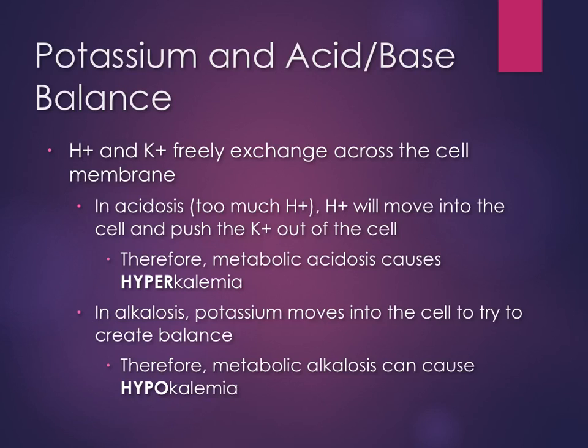Potassium plays a role in our acid-base balance. Hydrogen ions and potassium ions freely exchange across the cellular membrane. When there's acidosis, in other words, too much hydrogen ions in the serum, hydrogen ions will move from higher concentration in the serum to lower concentration inside the cells. When this happens, it pushes potassium out of the cell. Therefore, people with metabolic acidosis end up getting a hyperkalemia. In contrast to this, when there is alkalosis, your body tries to regulate this, and it will take whatever hydrogen ions are inside the cell and cause them to leave to go into